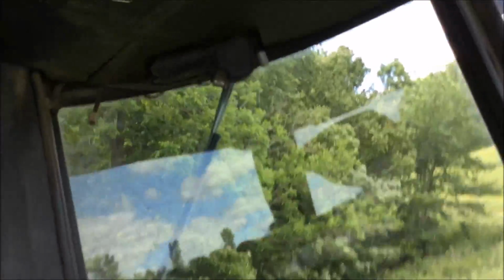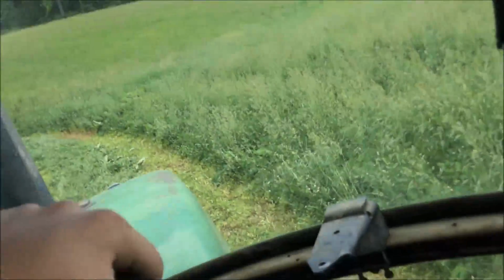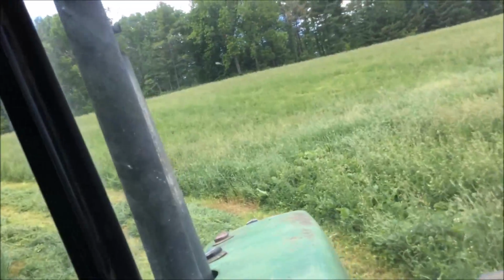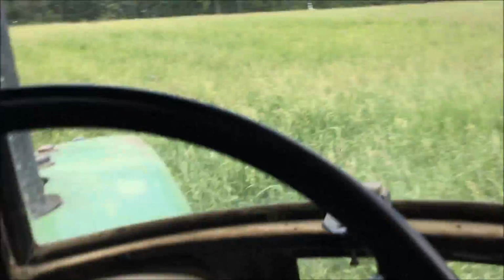There's a long way down, there's about 20 feet of trees, and it's just like a drop off. There's a park area down there, I forget the name. People go camping and stuff down there. There's a trout stream. I just can't remember the name of it right now. Anyway,